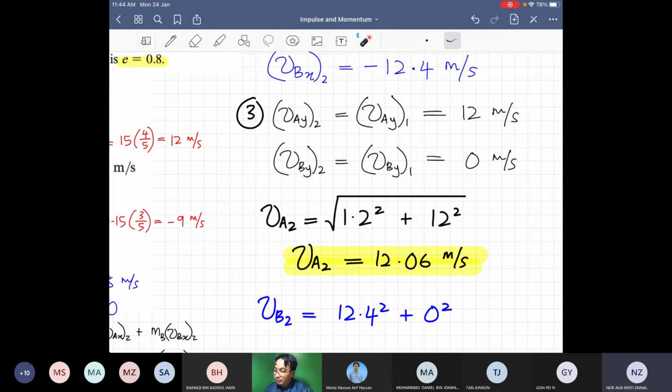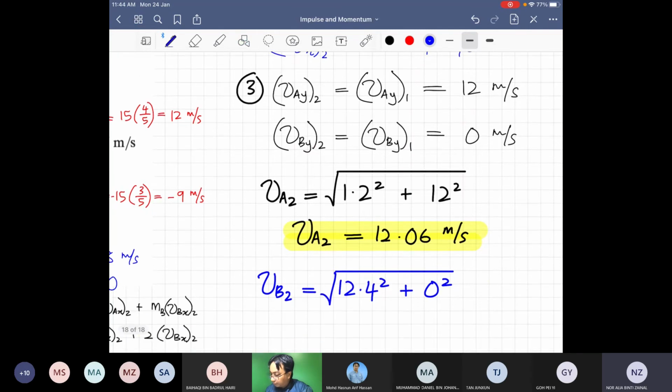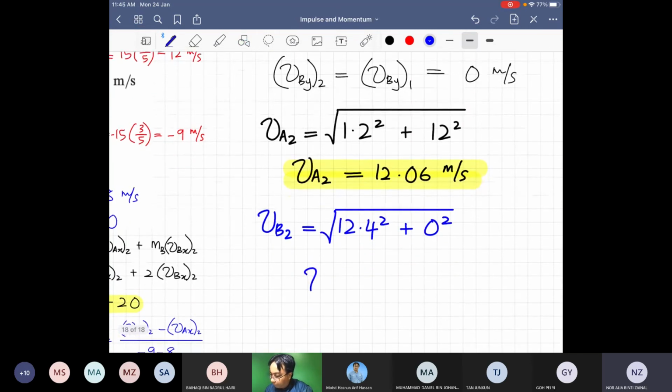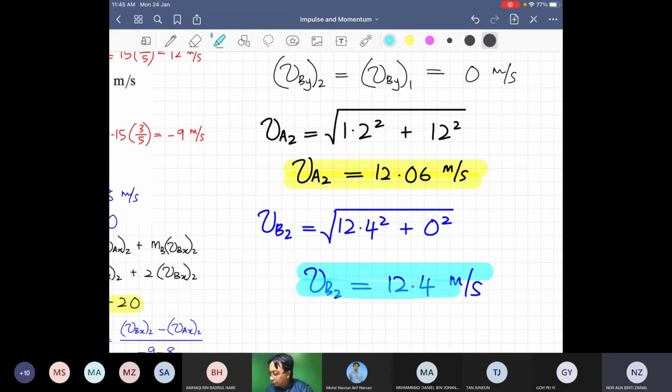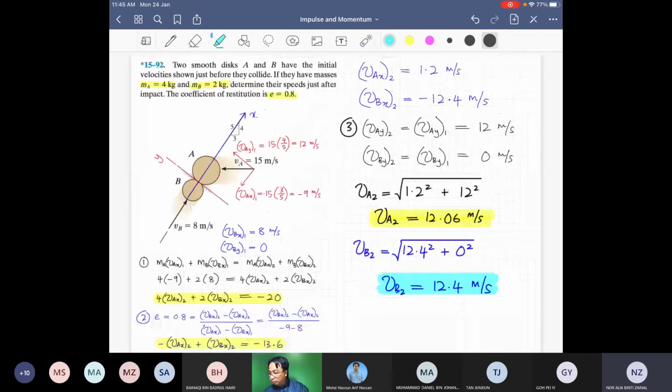Okay, so basically akan dapat 12.4 jugalah. You akan dapat 12.4. Ini kita square rootkan dia. Okay, so we get VB2 is equal to 12.4 meter per second. Alright, so that is how you solve a problem related to